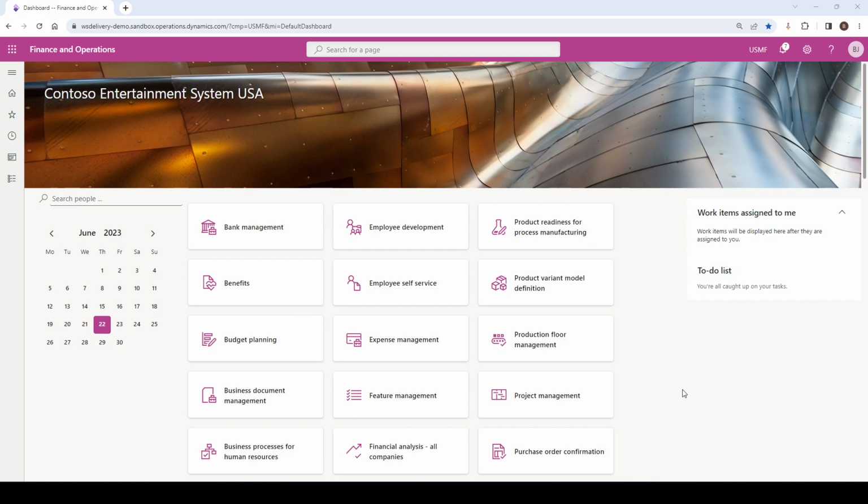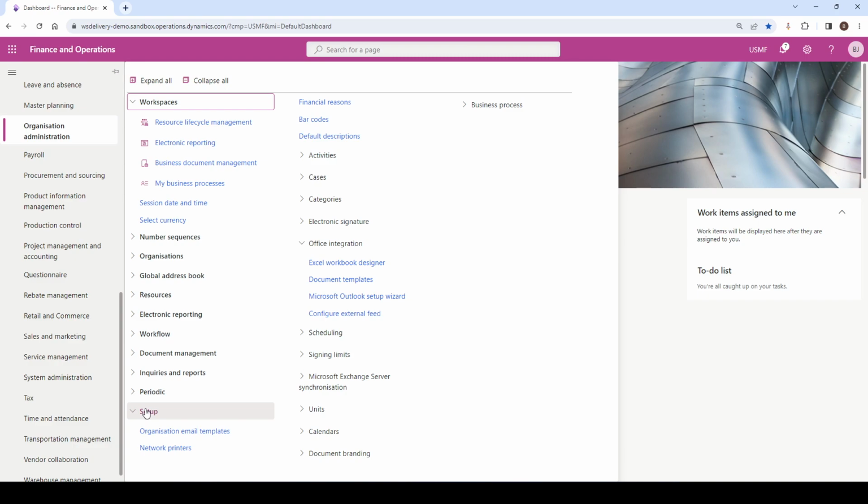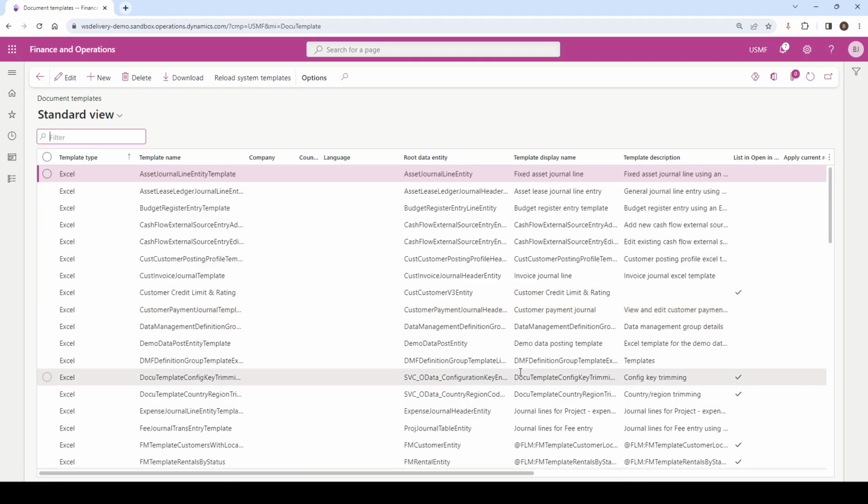D365 comes with a wide range of Open in Excel templates by default. And we can actually review these in the Organization Administration module. So in Organization Administration, we have Setup, we have Office Integration, and we have a series of menu items for the Office integration. If we click on Document Templates, it will give us an idea of the